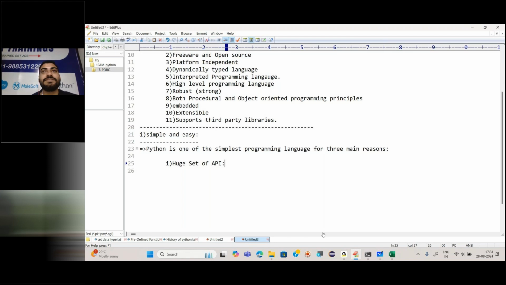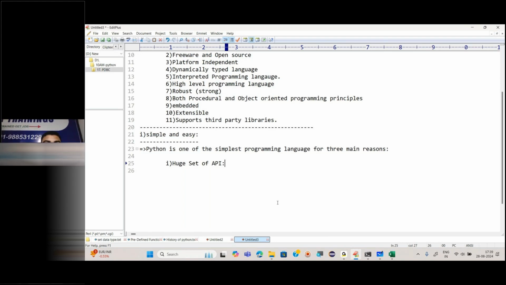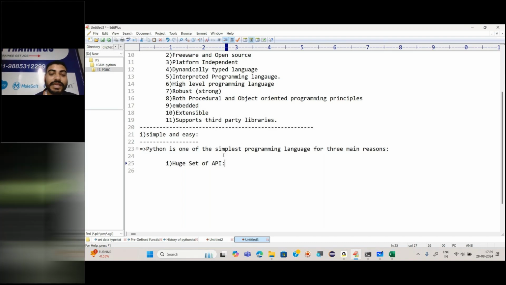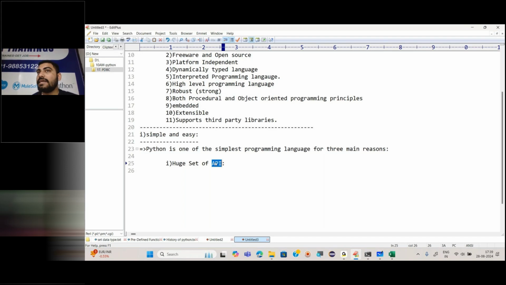If I ask you what is Insta, you say Instagram, the full form. For API, it is application programming interface, but you don't know the proper definition. API is nothing but a collection of modules.